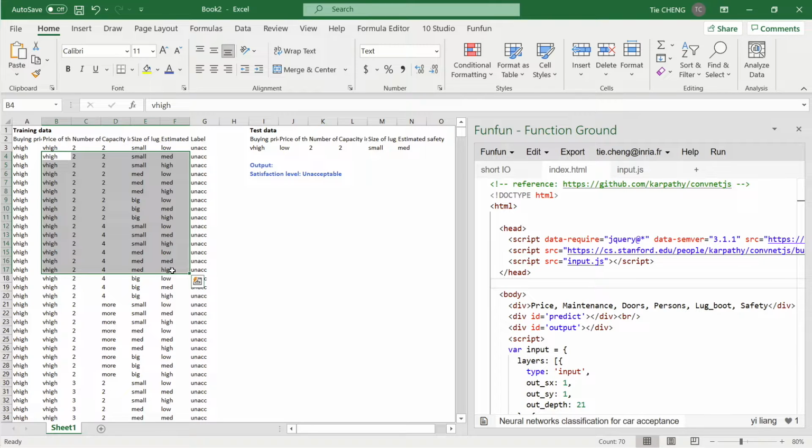Then, given a precise class setting, the model could predict if the market would accept this class setting or not, and writes the result to the worksheet. This JavaScript code uses ConvNet.js, which is a JavaScript library for training deep learning models, neural networks, so you could indeed undertake machine learning inside Excel by FanFan.